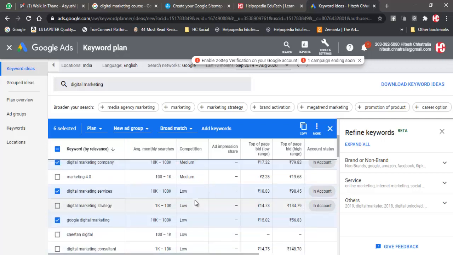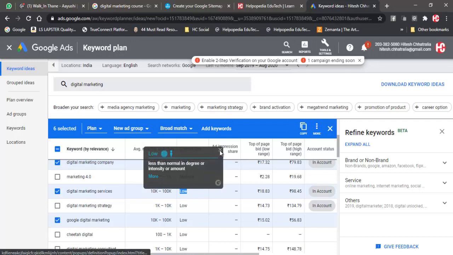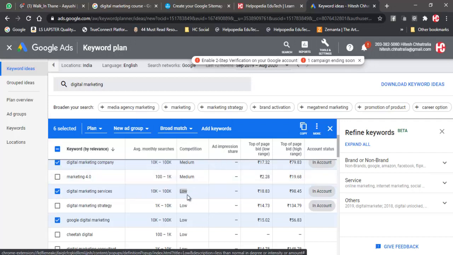We need to do a lot of keyword research, and then we should know that okay, fine, now I can use these keywords. Over here 1 lakh times this keyword is used, and over here the competition is quite less. So that is the reason I should pick up all the keywords first which have low competition.